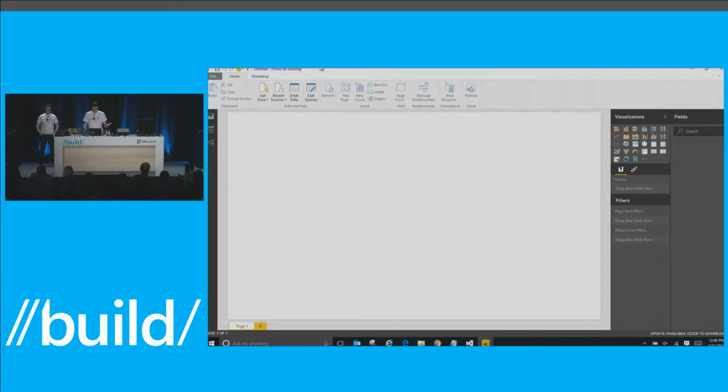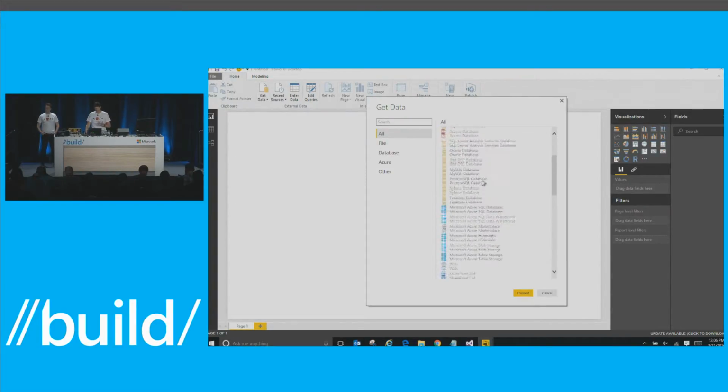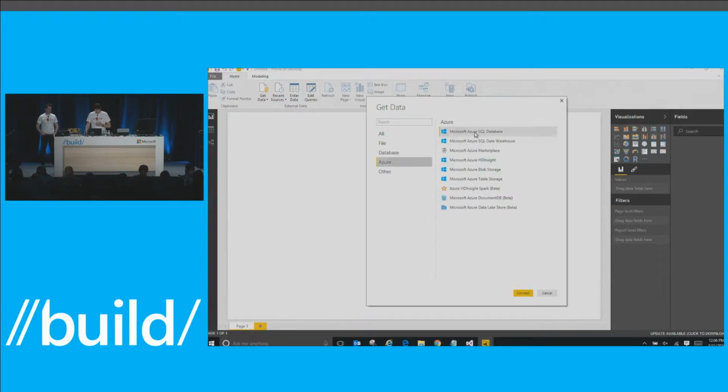So here I am in the Power BI desktop, pretty empty, pretty blank. I need to change that, and I can change that by getting some data into here. So you click on Get Data, and you can see all the different sources that are available. I'm going to take a SQL Azure database